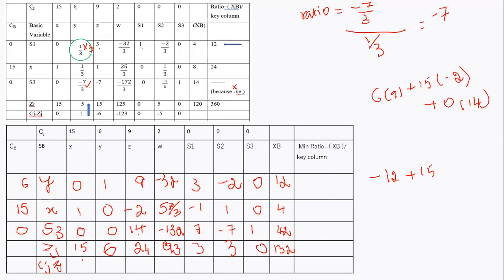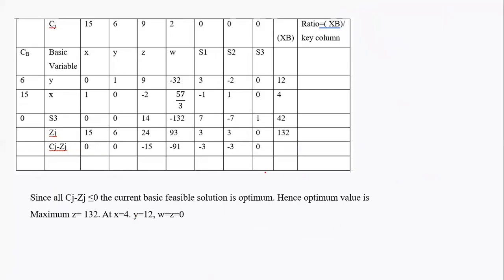So here 15 minus 15 will be getting 0. 6 minus 6, 0. 9 minus 24, you will get a negative value. We are not bothered about the value. We want to know whether it is negative or positive, right? So 2 minus 93 also negative. You need not subtract. You can just write it as negative. That is also fine. We want to know only whether it is negative or positive. In order to do the problem in the exam, we may not get more time. So in that case, you can write negative.